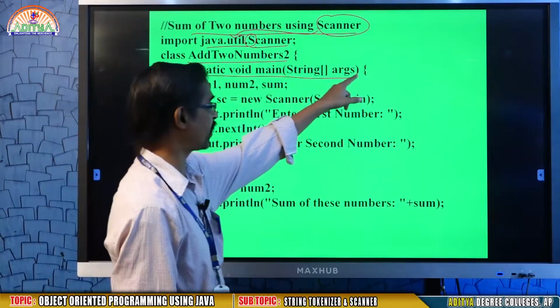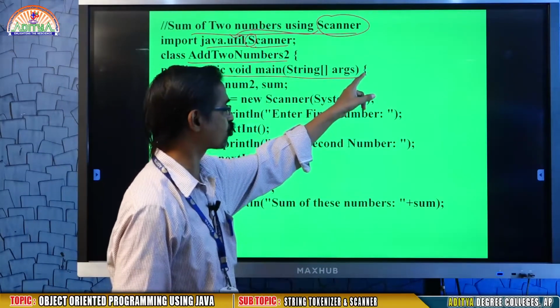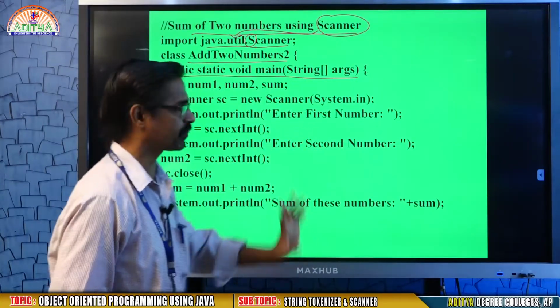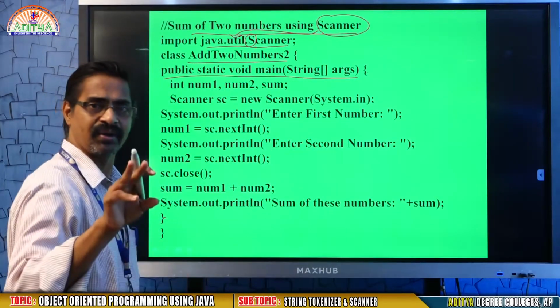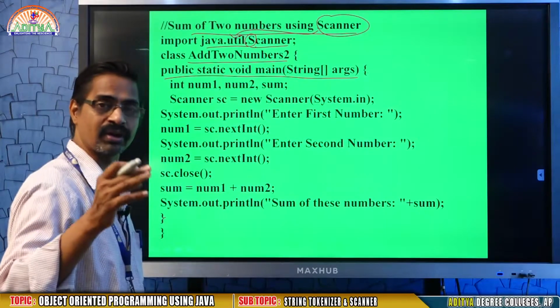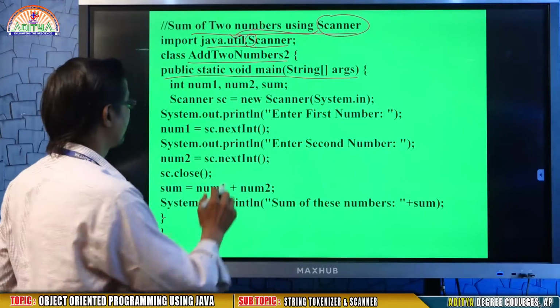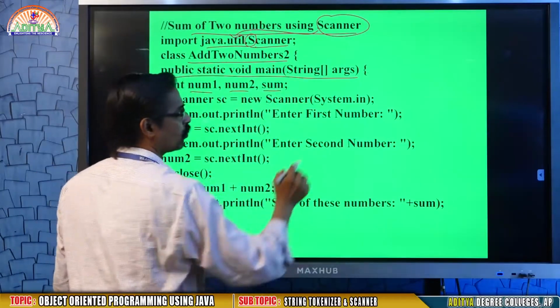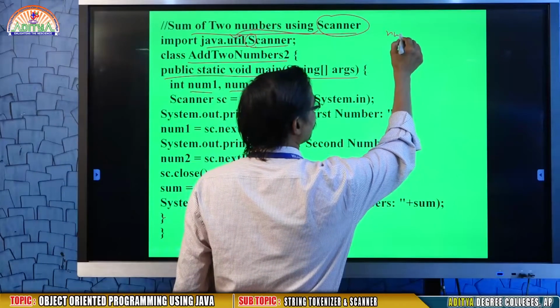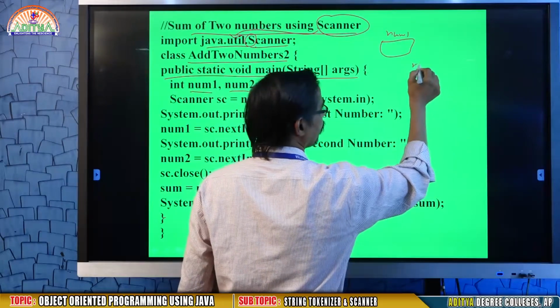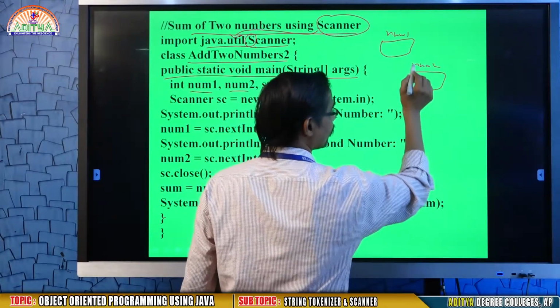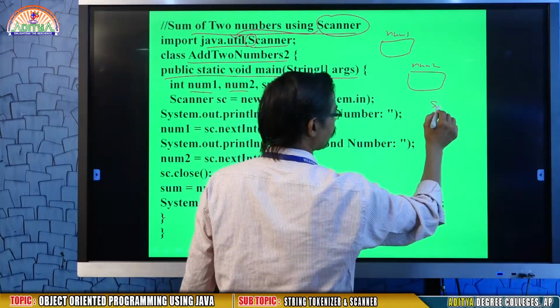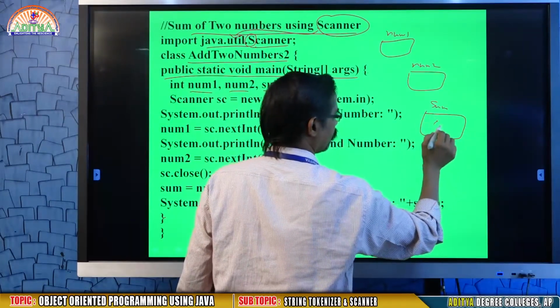You may write the starting brace on the next line or continue it after the args. Now I want to add two numbers, so I need three variables: num1, num2, and sum. Each integer occupies 4 bytes, so num1 is 4 bytes, num2 is 4 bytes, and sum is another 4 bytes.